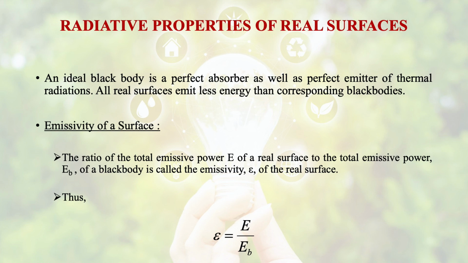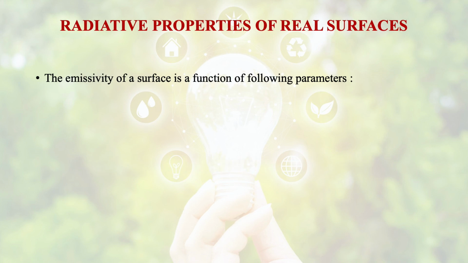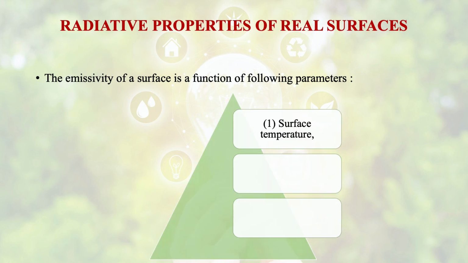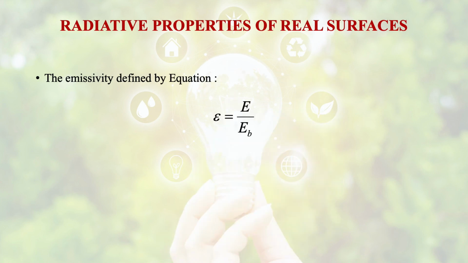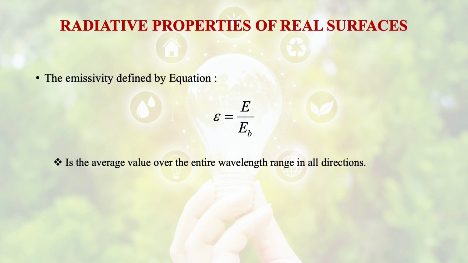E is the emissive power of the real surface and EB is the total emissive power. The emissivity of a surface is generally a function of some parameters. What are these? These are surface temperature, wavelength of the incident radiation and direction of the incident radiation. And emissivity is defined as the average value over the entire wavelength range in all the directions and is called